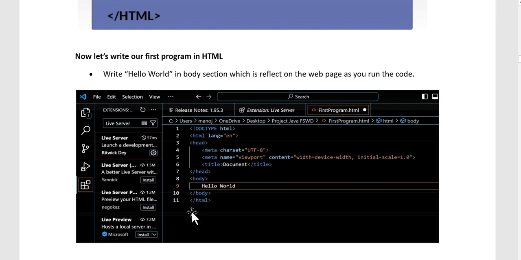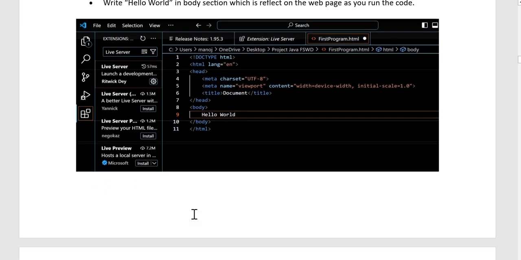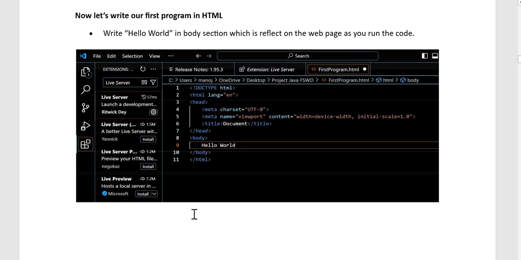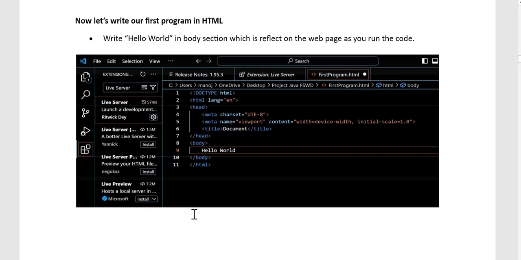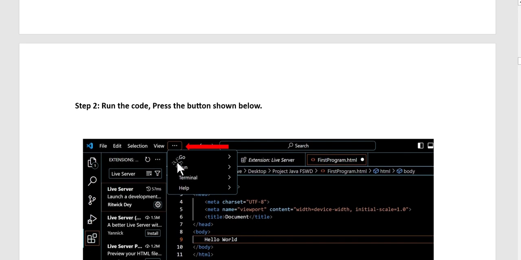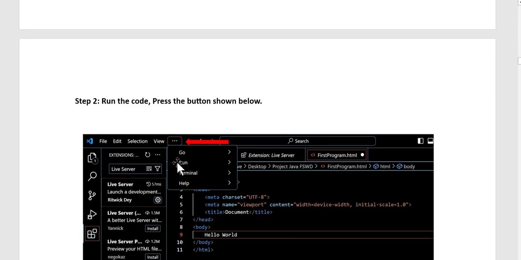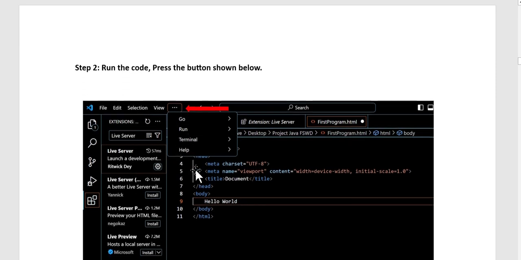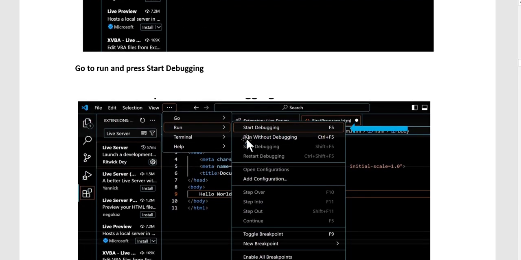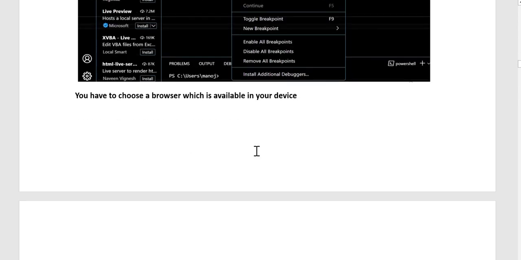Once you practice here, installing your VS Code and running this code, as I said before, we need to go here by clicking the 3 dots given at the top of the page, and we have to click Run and Start Debugging.